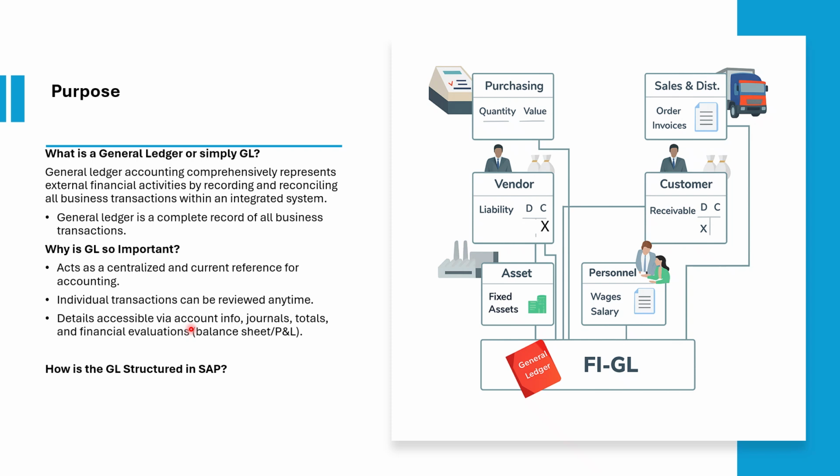Okay, so you can say whether selling a product, paying a vendor, receiving goods, these all have a financial impact and all come and sit in the general ledger. So the general ledger is a complete record of all business transactions. Now the question comes, why is general ledger so important? General ledger isn't just some data dump. Okay, it is a structured view of how a company is performing financially,